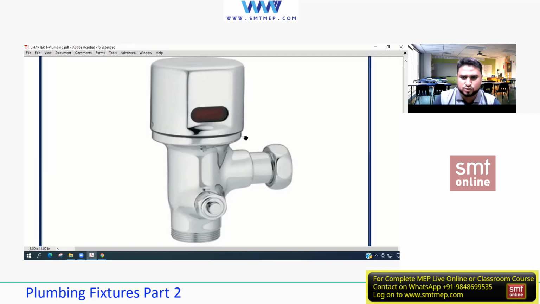But we are using it and it's really good, isn't it? Because you're saving many things over here. You're hurdle free by touching this, and you're not wasting natural resource also, because only a limited amount of water, I can say 1.6 GPF I think I will be getting, or 1 gallon I think, not more than that. Yes or no? Yes. After that again cut off the water, again it will be loading. Okay, so this is the advantage and one disadvantage.